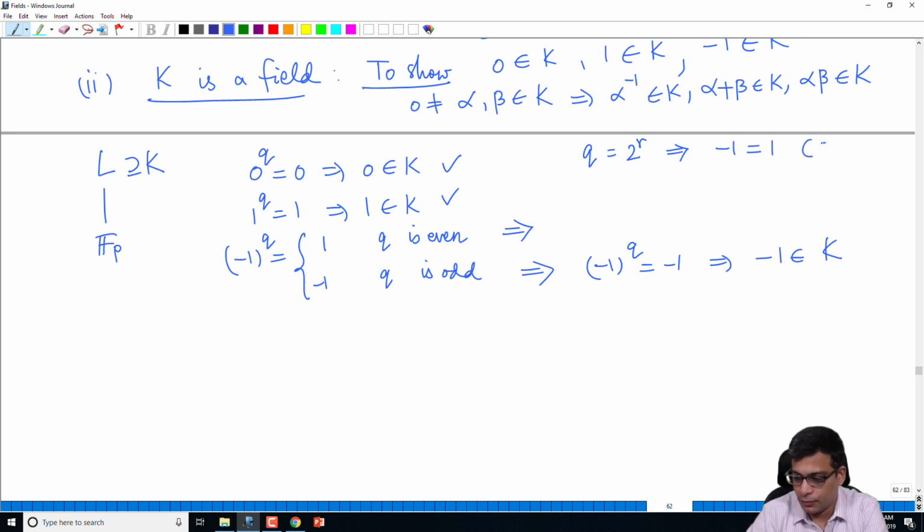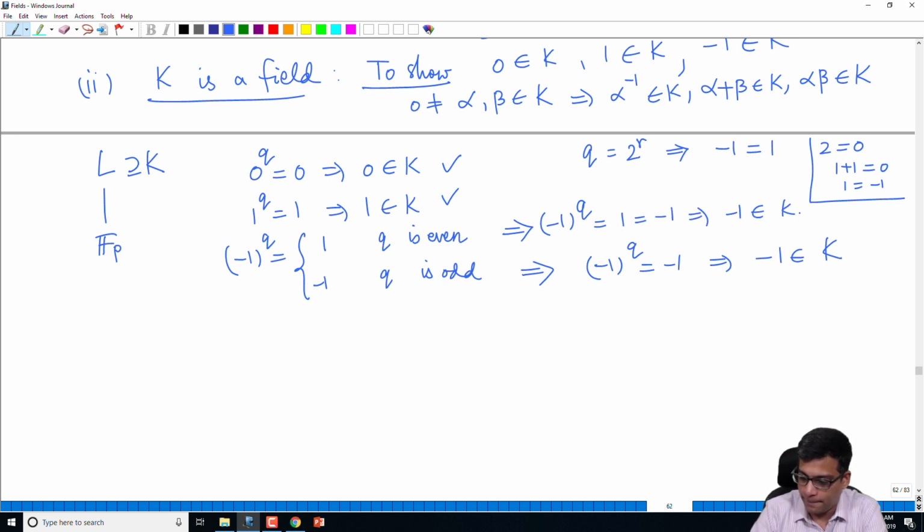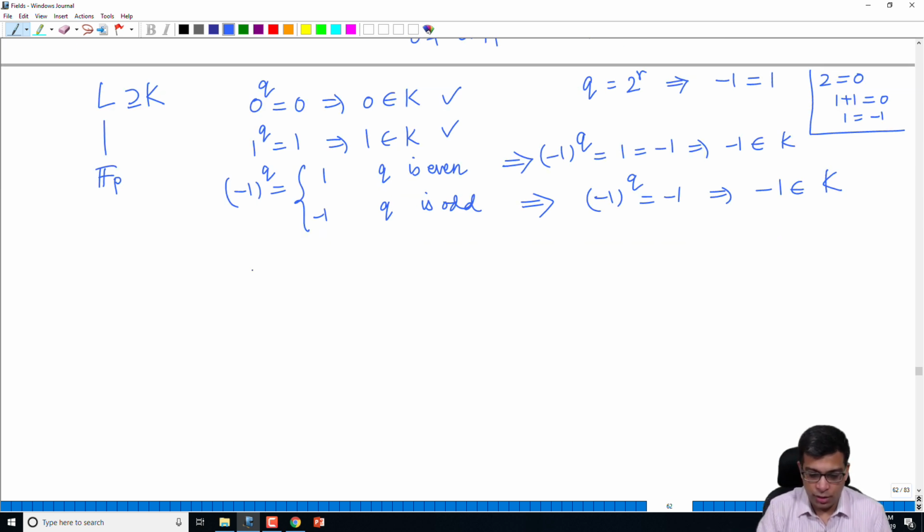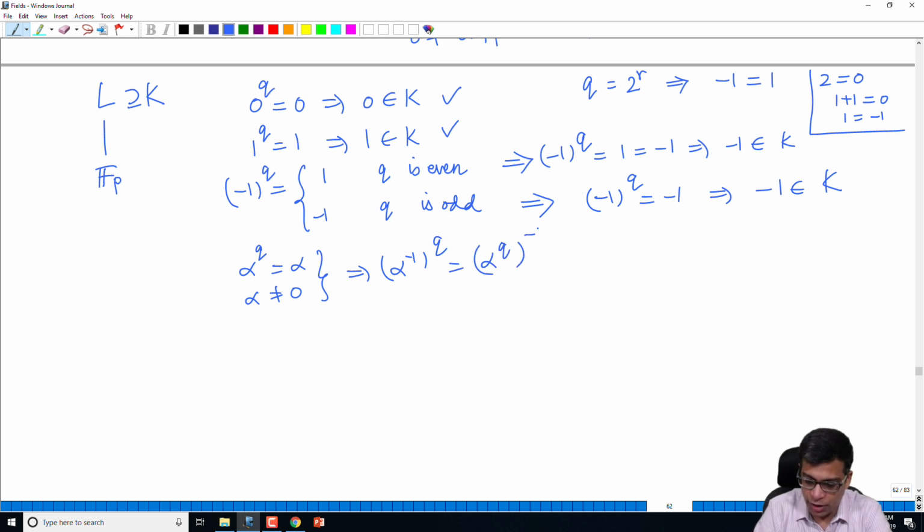because it's characteristic 2. So 2 equal to 0 means 1 plus 1 equal to 0, that means 1 equal to minus 1. So again in this case minus 1 power q is actually equal to 1, which is equal to minus 1. So minus 1 is in k. Okay, and if alpha power q is alpha and alpha is non-zero, then alpha inverse exists in L and its power q is also alpha power q minus 1, which is alpha power minus 1. Similarly,